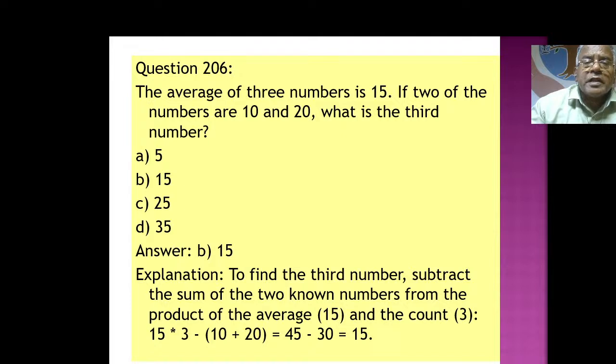The average of 3 numbers is 15. If 2 of the numbers are 10 and 20, what is the third number? To find the third number, subtract the sum of the 2 known numbers from the product of the average 15